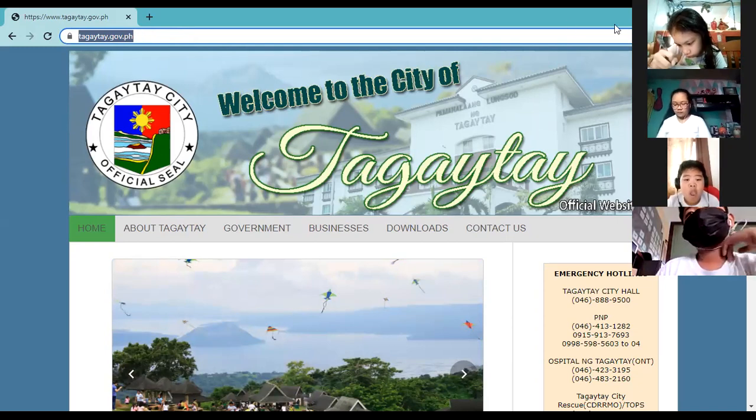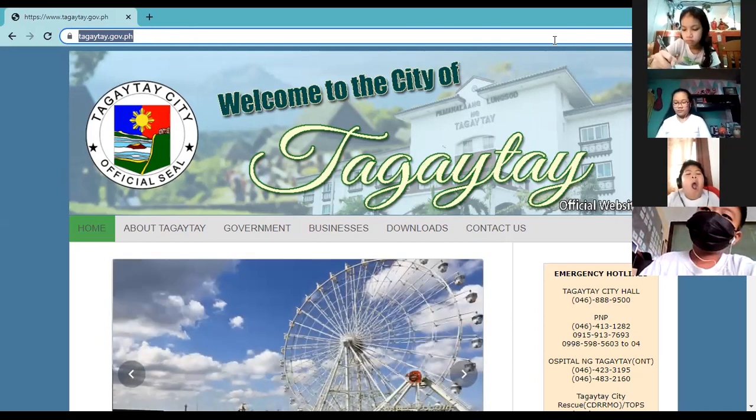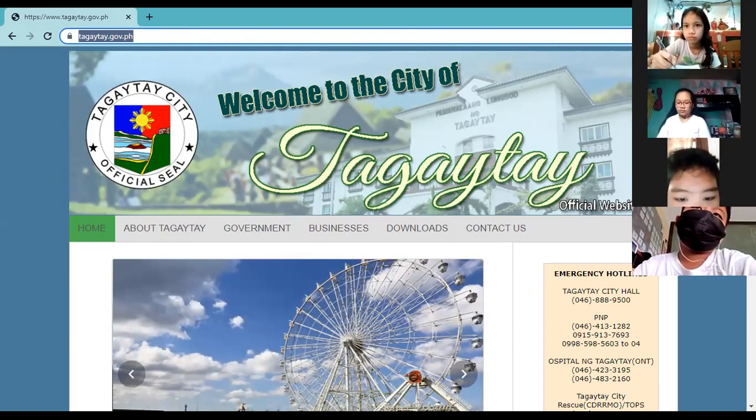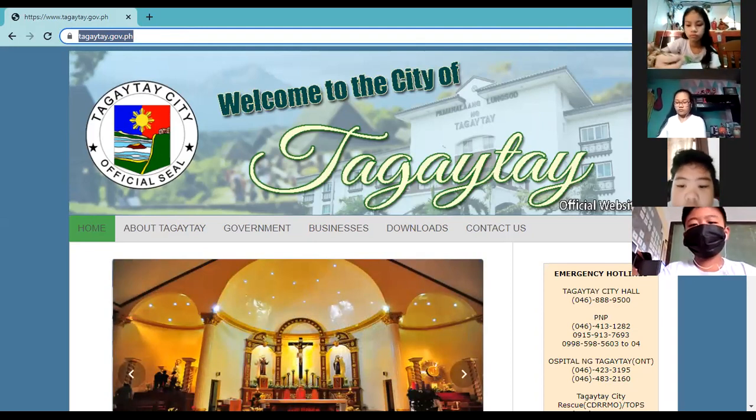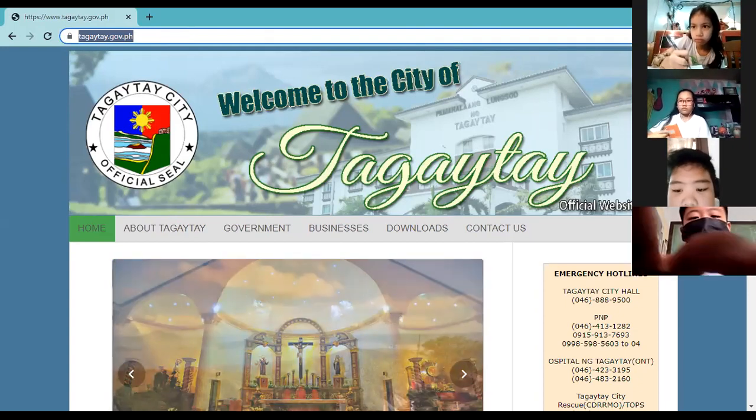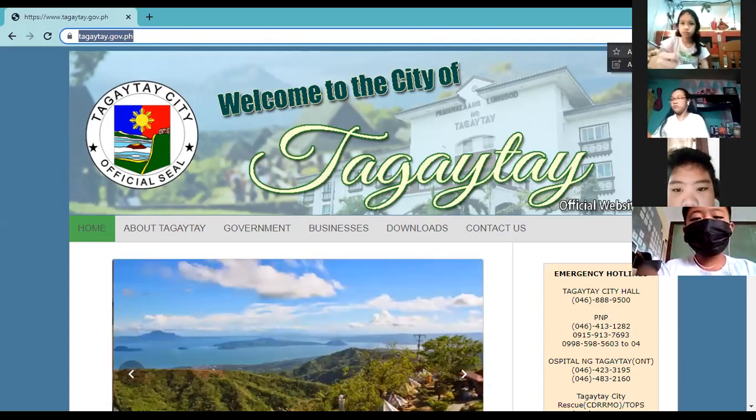So the address bar, meron ditong star sa dulo niya. Sa dulong right niya, merong star dito. Can you see the star here? Ito sa kanan niya, di ba? So yung star na yan, you just have to click it. So nakalagay bookmark this tab. You just have to click it. Ayan. So add bookmark.